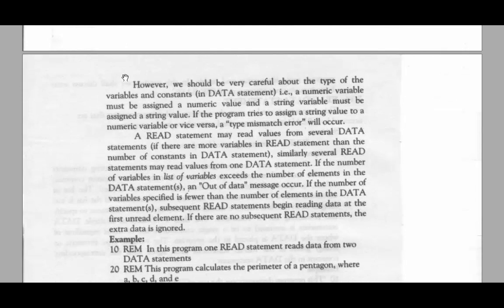However, we should be very careful about the type of the variable and constant in the data statement. That is, a numeric variable must be assigned a numeric value and a string variable must be assigned a string value. If the program tries to assign a string value to a numeric variable or vice versa, a type mismatch error will occur.